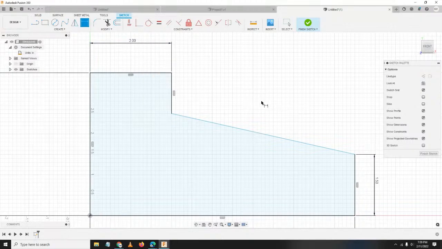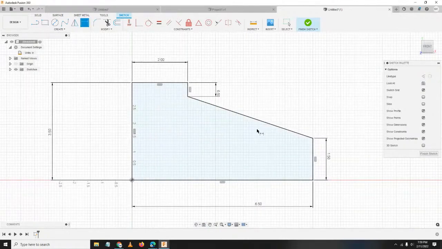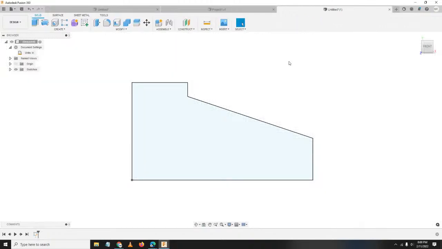Okay? Okay. This one, left click to be 0.5. Yan. So, our sketch is in the shade of black, which means it is fully constrained. No? So, let's now click Finish Sketch.